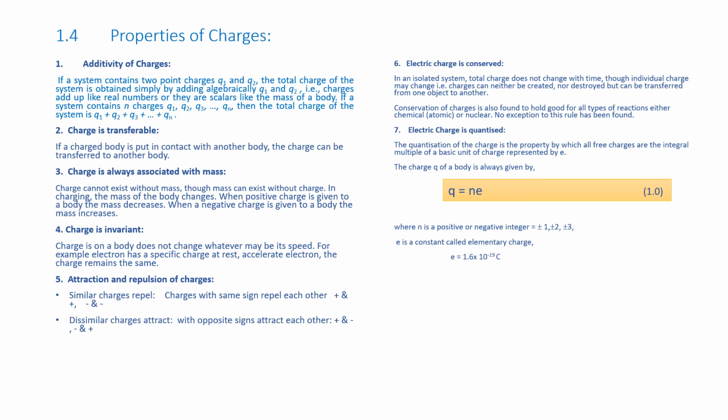In this case, the value of e is 1.6 times 10 to the power of minus 19 coulomb. The quantum of charge is the charge that an electron or a proton carries. So, the value of e is taken from the charge of an electron, which is equal to 1.6 times 10 to the power of minus 19 coulomb. The charge on a proton is the negative of the charge on an electron. As we know, the charge of an electron is negative, so the charge of a proton is positive. Minus into minus becomes plus. So, the charge on a proton is also equal to 1.6 times 10 to the power of minus 19 coulomb.